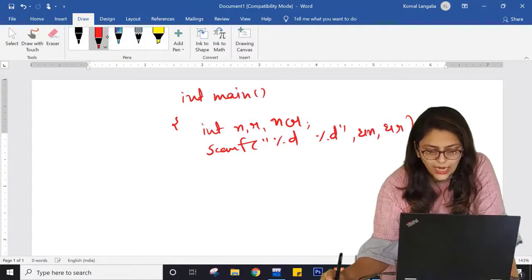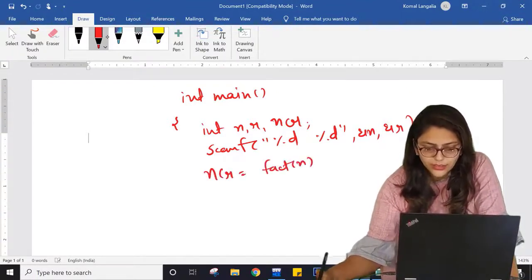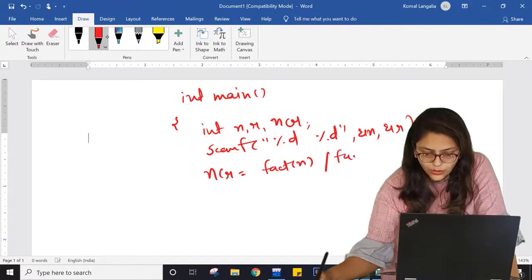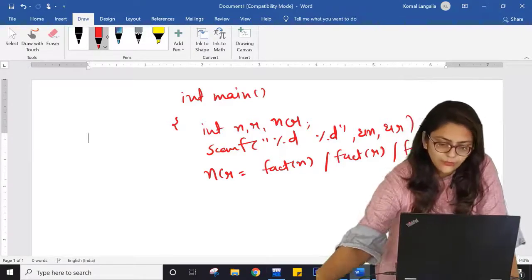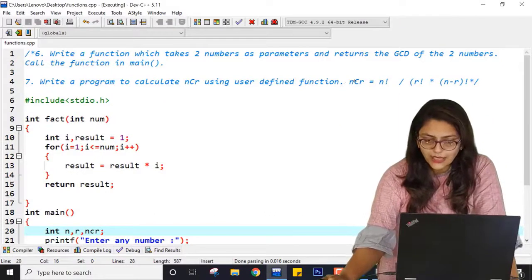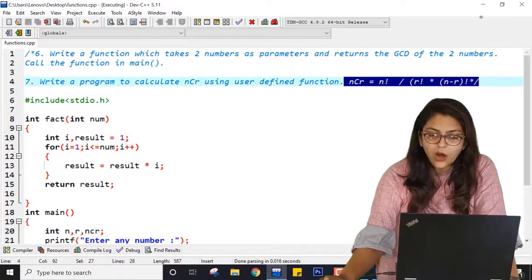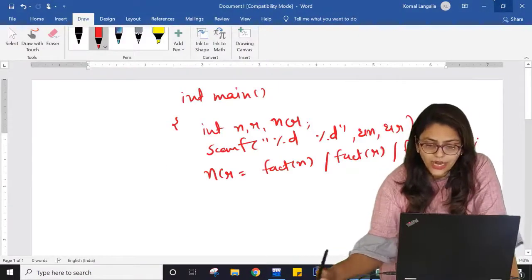After that, I am writing ncr equal to fact of n divided by fact of r divided by fact of n minus r, because whatever you are seeing in this program, this is a mathematical expression. How can I write this in the form of a computer system? I can write it like this.